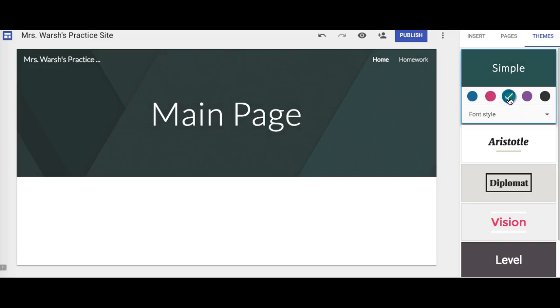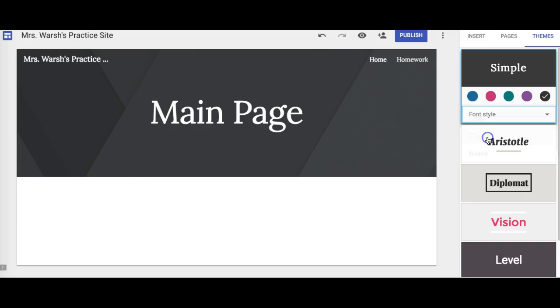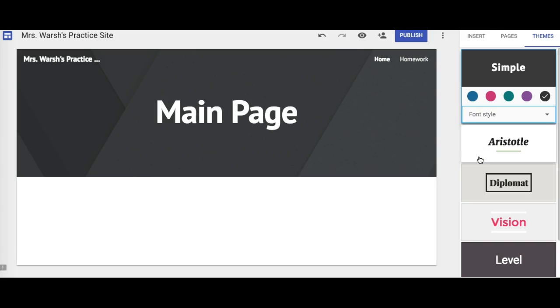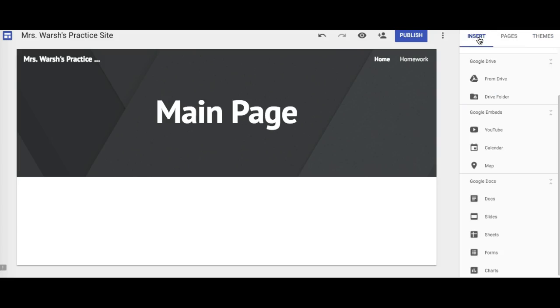I notice how it's changing the background of my different colors. And you have the choice of font style, either classic, light, or heavy in this case. Light, classic, and heavy. So you don't have your choice of the names of the fonts, but you do have choices of certain fonts. If I want to start typing text, I can simply click on Insert,